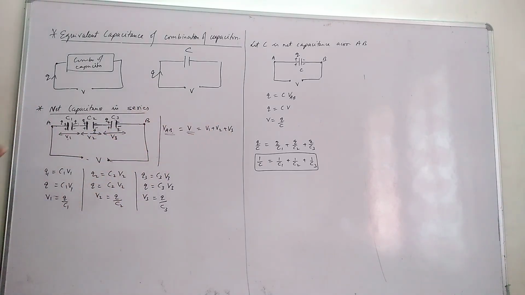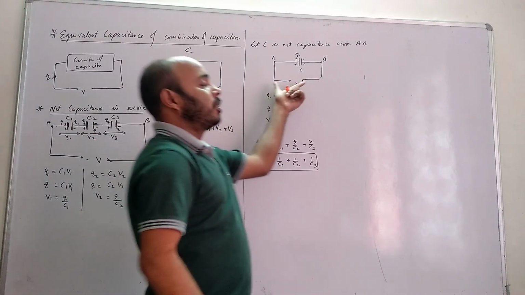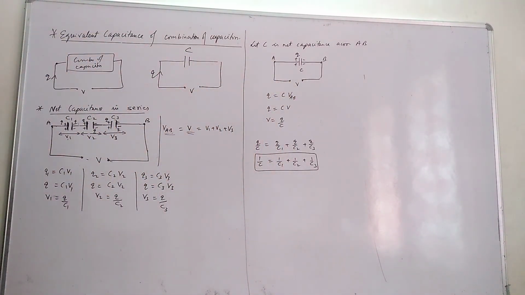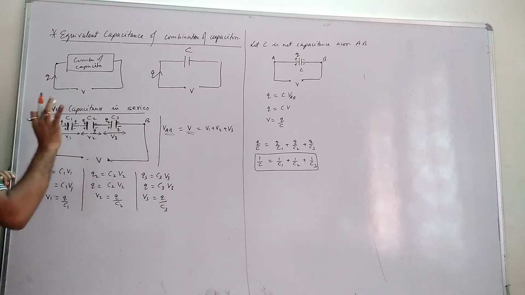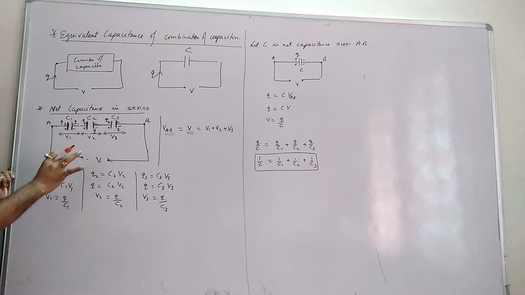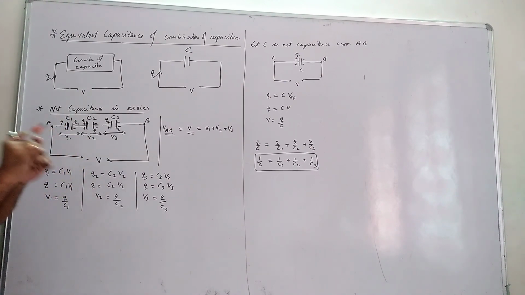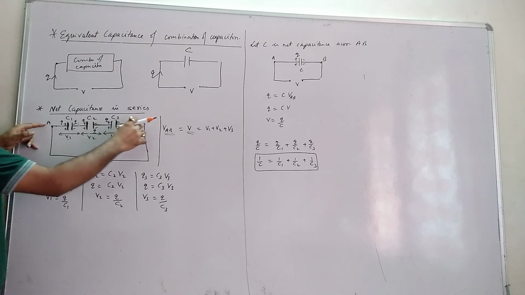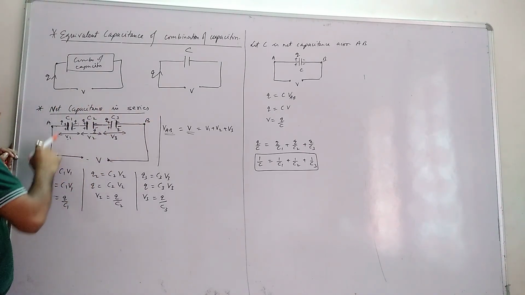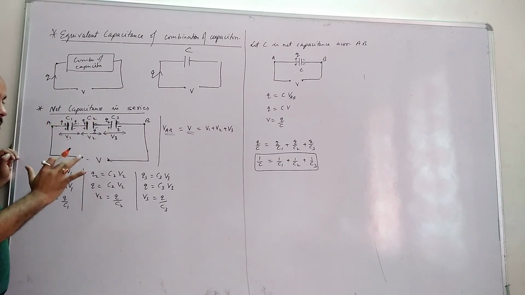Now comes the special figure which is not there in the books but there in the notes. Try to understand this figure and why it's important. Now these are the three capacitors which are taking out how much charge? Q charge from the source. Now what does the net capacitance definition say? Across the points, if you apply a single capacitor, it will take out the same charge. Then that is called net capacitance, right?